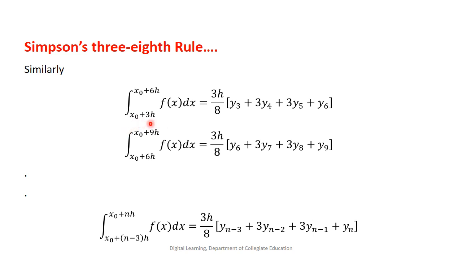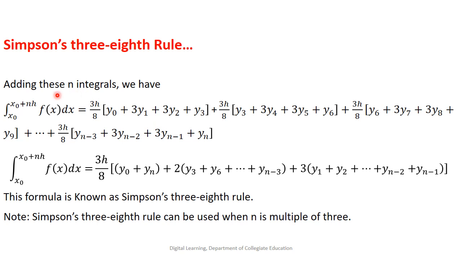When I take n is equal to 6, I am getting this. When I take n is equal to 9, I am getting this. When I take n is equal to n, I am getting this. So as a result, adding these n integrals, we have integral x0 to x0 plus nh f of x dx is equal to,